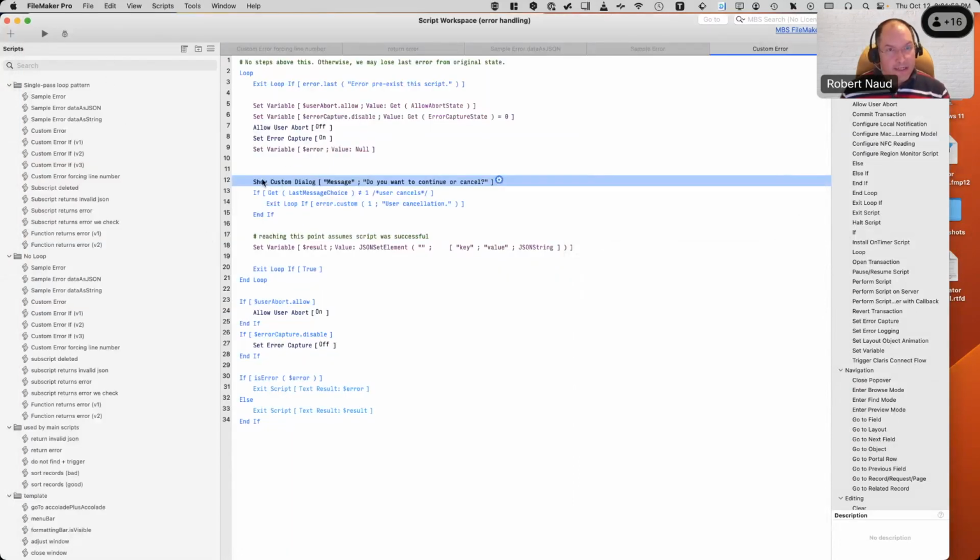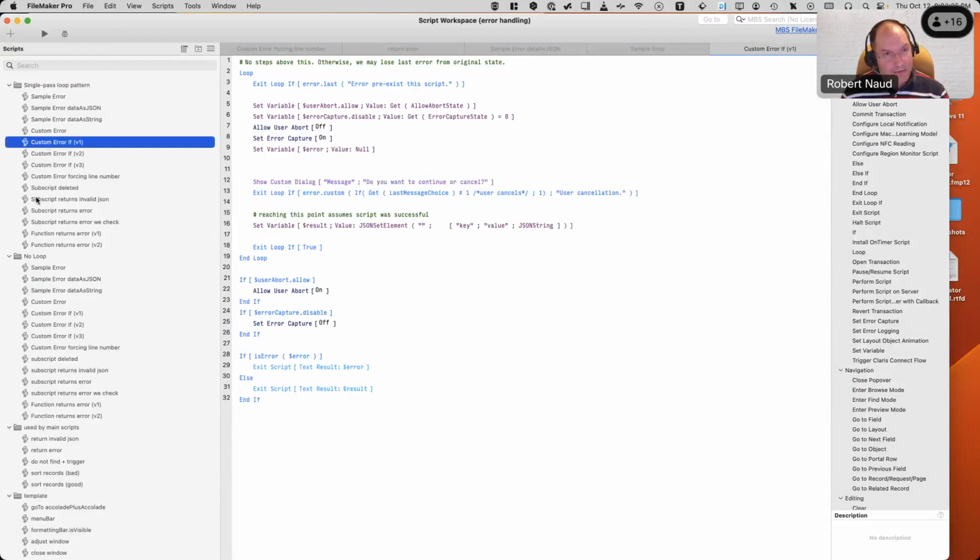And since we don't have something that lets us deal with the line number, or actually, yeah, so before I get to forcing the line number, I can look at error custom if. Okay, so